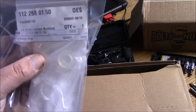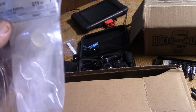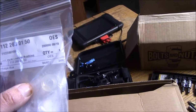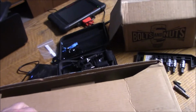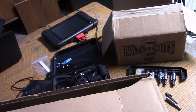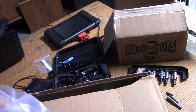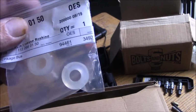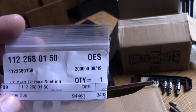I spoke to a gentleman in Walnut Grove, California, who's a Mercedes-Benz mechanic. He runs a Mercedes-Benz mechanic shop, and he's an M100 expert. He was kind enough to give me the correct part numbers. So guys, if you ever need shifter bushings for a 6.3, this is the part number you need to be looking for: